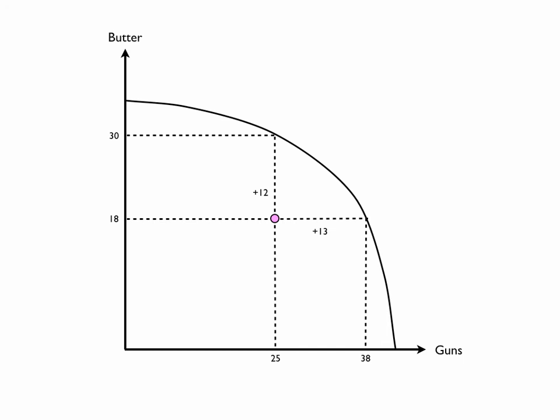We may be in this range if we're in a recession. We have idle resources like idle labor and idle factories, and once they get back into place, we move to a point like this where we get both more guns and more butter. Out here, this is an option that's not really available to us. We don't have the productive capacities to reach this, or at least to sustain it. During an expanding economy, we may operate up there, but we can't really sustain that for a long period of time. We might have workers working 12 to 16-hour shifts, factories running 24 hours a day, and that's something that's not sustainable through the long run. But if it's a temporary fix, we might have to be there.